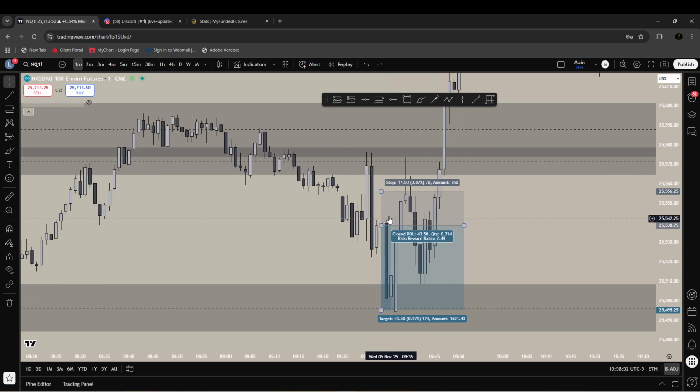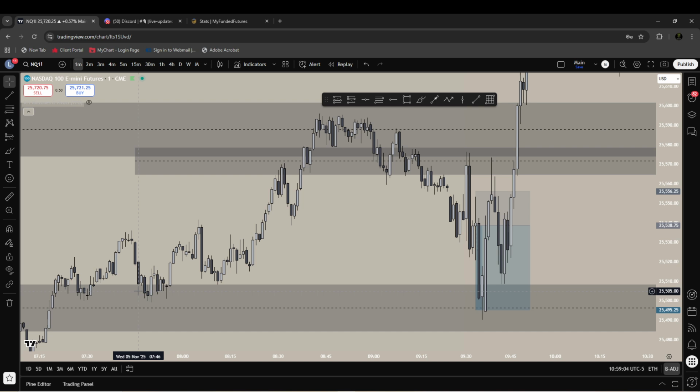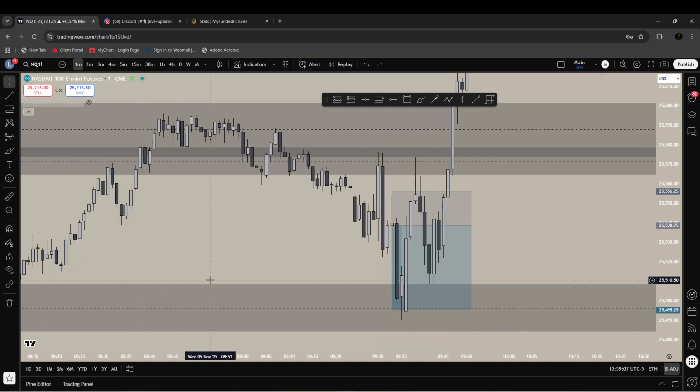So I take entry here again, 15-minute inversion. We come back in and retest into it. We get a 1 minute manipulation to the upside. We break there. We get a retrace into a continuation confluence, and then we take the short down into that 1-hour CE. So on the funded, I ended up only taking a partial profit because at this point